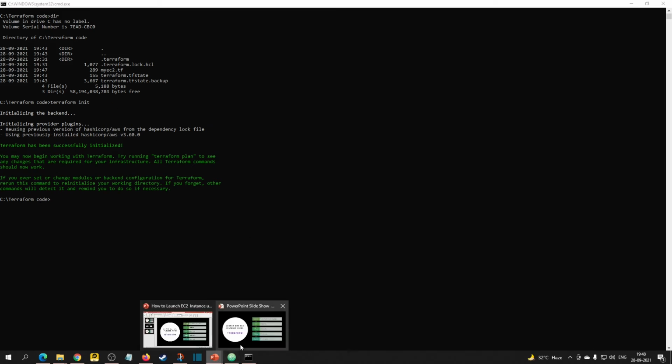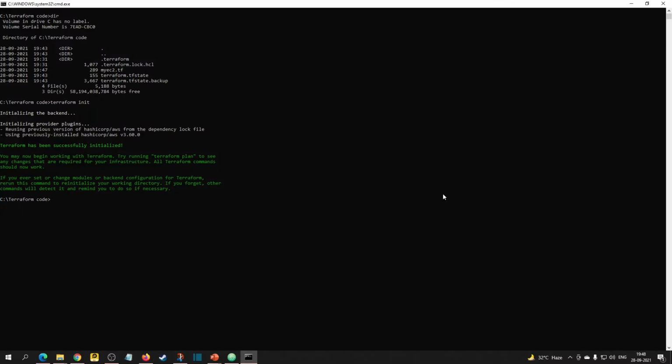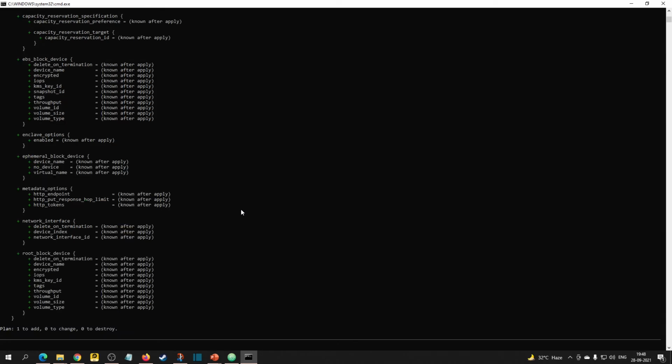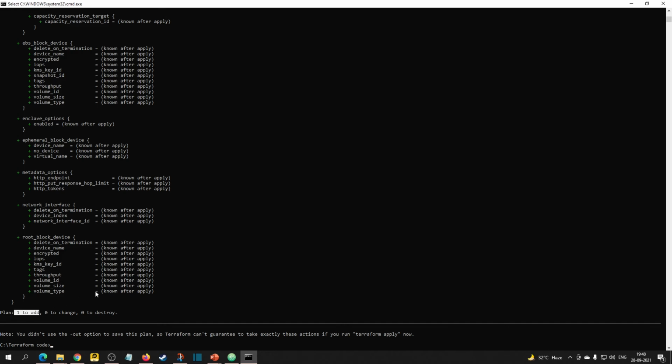Next one is, we are going to use Terraform plan. With this command, it will tell us what resources it's going to create. So it is telling us one resource to add.